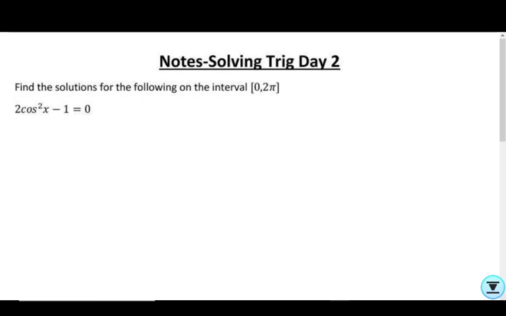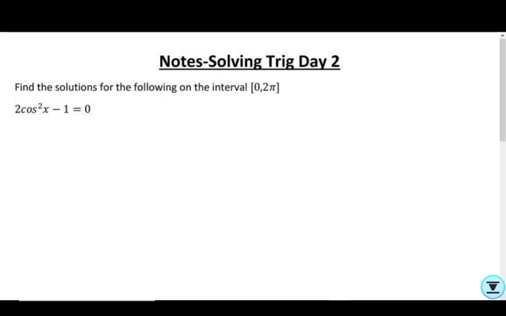So today we're starting our first day practicing solving trig equations. We're just going to practice the basic algebra steps that we're doing and using the unit circle to find our solutions. For most of these problems, we're going to just find the solutions between 0 and 2 pi. We'll talk more about the infinite solutions later,